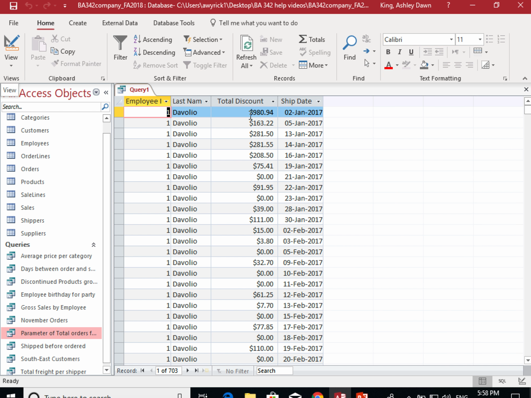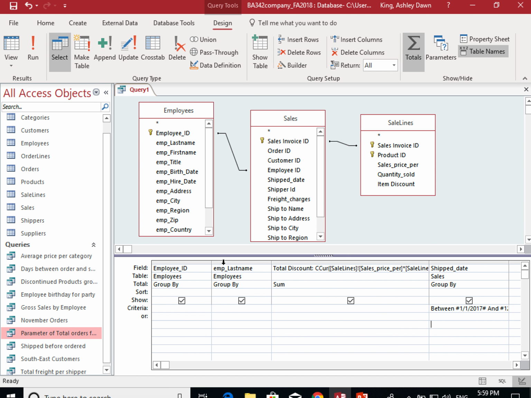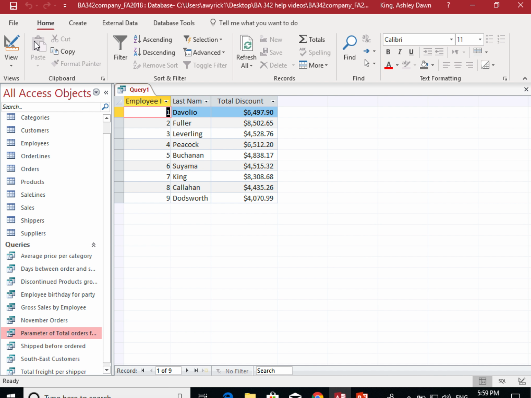So I have this ship date now that I've told Access, I want you to group by employee, sum this, and then group by ship date. Well, I don't really want it to group by ship date. I just want it to use my ship date for criteria. So we talked about earlier, my select from and where statement. This one becomes a where because it's only my criteria. I don't need it to show, so that's not a big deal. And I run it again, and I get the answer that I have been searching for with only the 2017